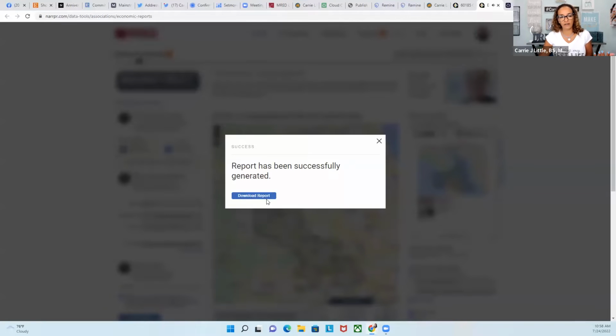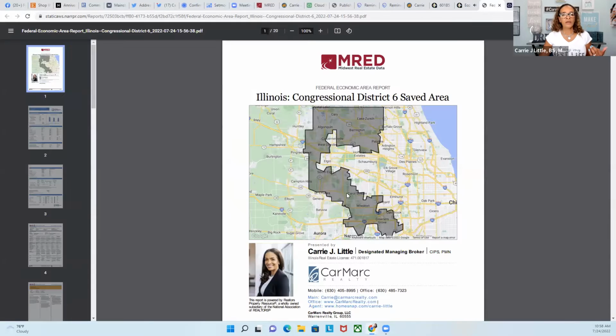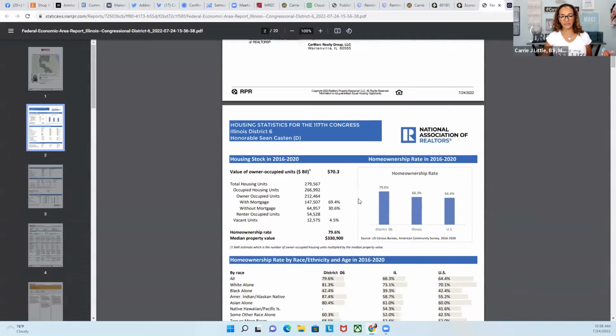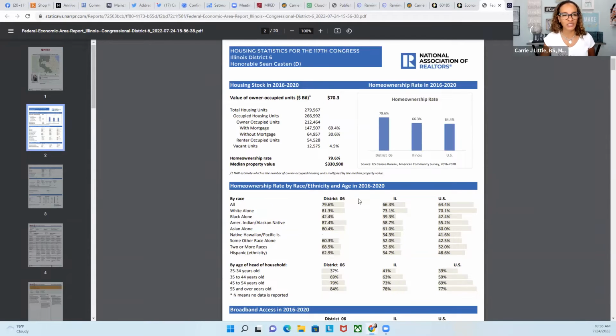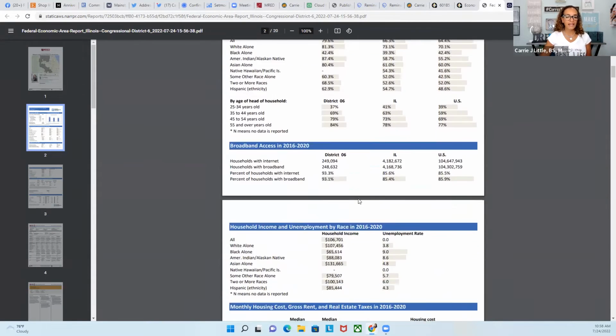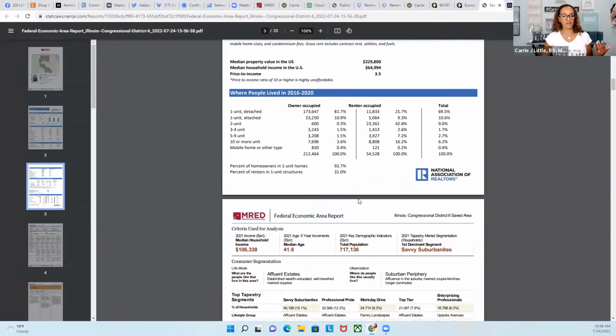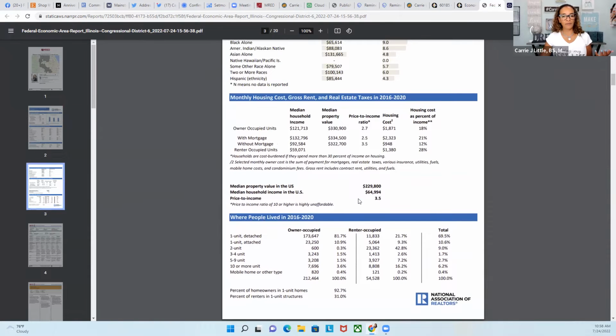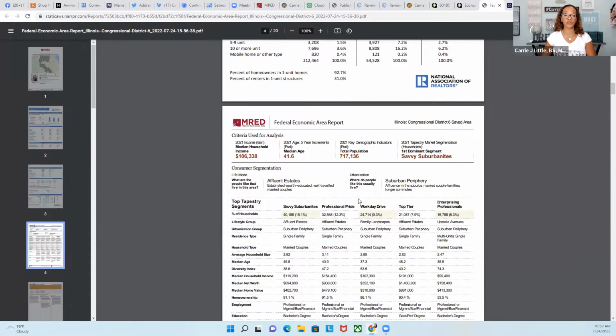And you're hearing download the report because I pulled my district, at least the current district, because everything changes. But you get housing stats. You even get what's happening in these areas. And this is the district. So I can pull either a zip code or the district because I happen to be the federal political coordinator for one of our congressmen.